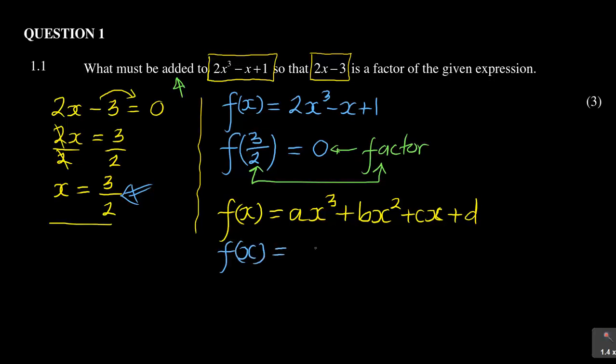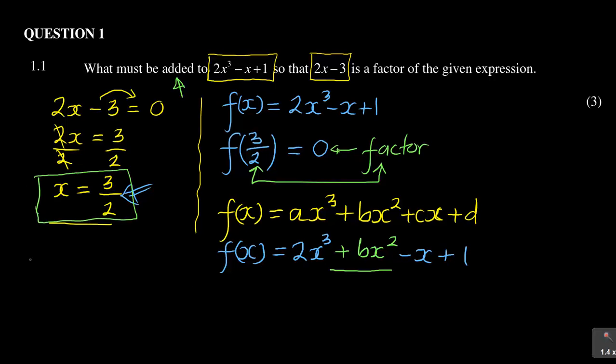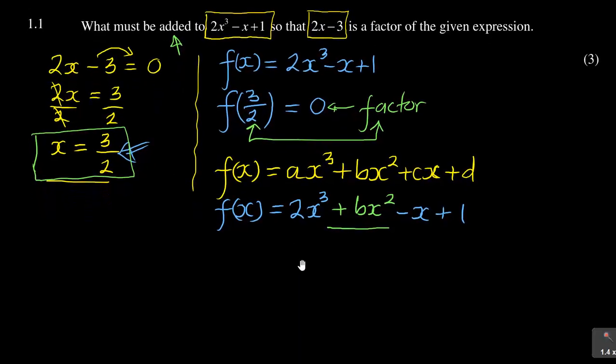equal to, if I can match it, 2x cubed, and then I've got minus x, and then I've got plus 1. So you can see that in the center here there is no x squared part, which I can say let it be as it is plus bx squared. So that is what is missing in that. So now if I can do that for 2 over 3 to become a factor, for this to become a factor, it means I can then come with an equation which says,